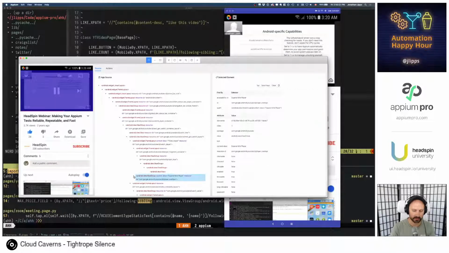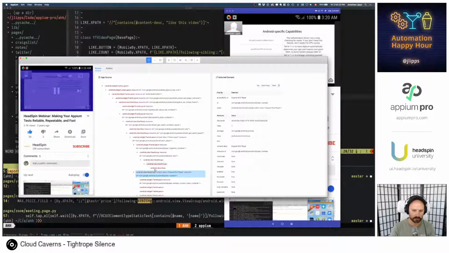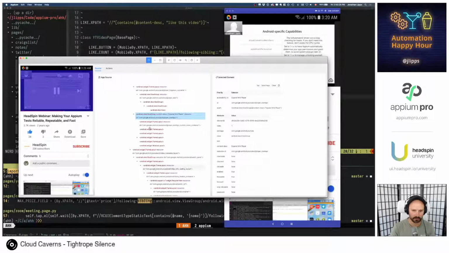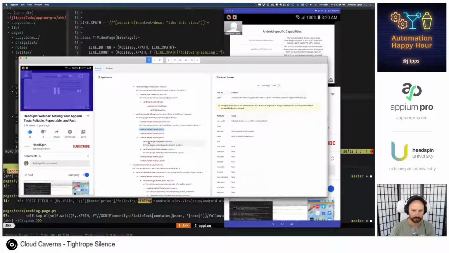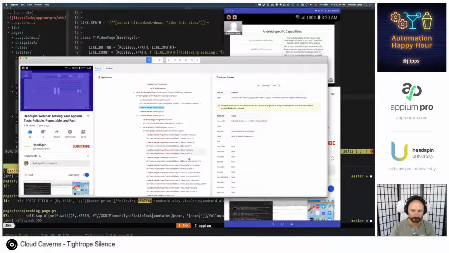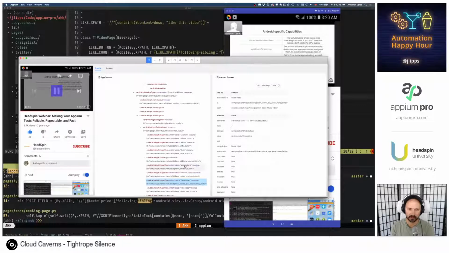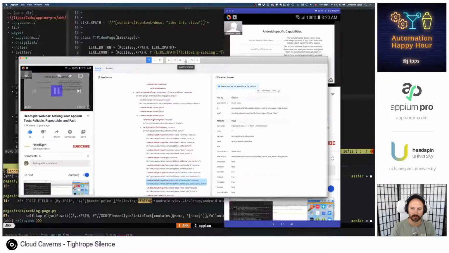Expand mini player. This looks promising. What's all this stuff in here? Controls layout. That looks promising as well. Aha. Pause video. Okay, so that does have a content description. It's pause video. It's not up anymore, so we can't tap it.